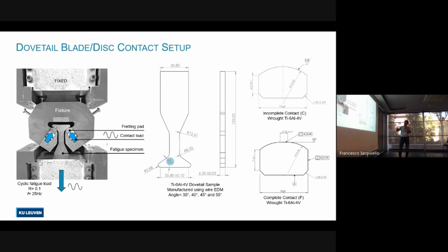So here, what you see, this is a fixture. It's fixed at one side, and the fatigue stress is applied at the other side. 2 contact pads are pushed against the specimen. We cycle that, so the contact stress is also cyclic because it's the reaction force between the specimen and the pads. And the crack initiates, at least we hope the crack initiates, at the contact interface and propagates to the failure of the specimen. Here you see the shape of the specimen and the 2 types of pads that we use: incomplete contact, which we can call cylindrical contact, and also